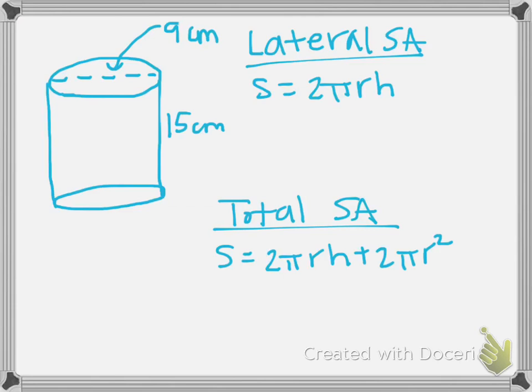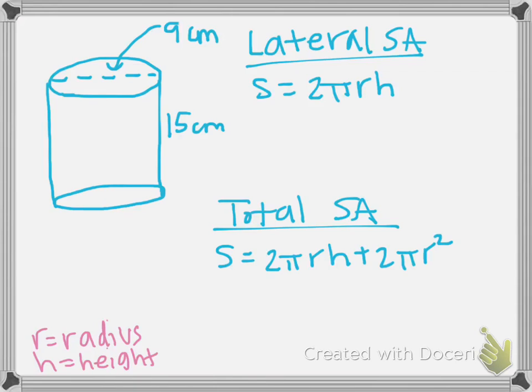So let's first look at this cylinder. Okay, I already have the formulas out for you. For lateral surface area, it's S equals 2 pi RH. And for total surface area, it's 2 pi RH plus 2 pi R squared. What does R stand for? Radius, that's correct. And H is the height